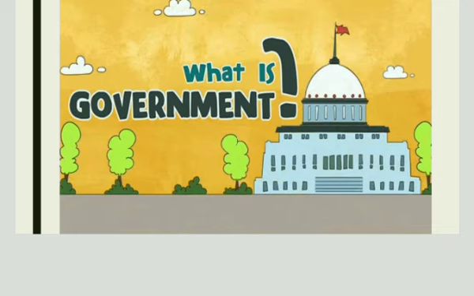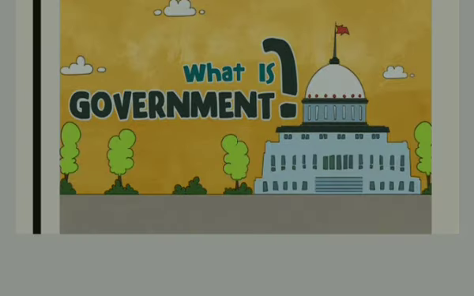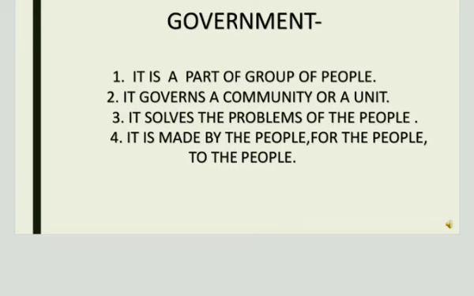The government also started several programs to help the poor and other important things like running postal services, railway services, and the facility of different amenities. So government affects our daily life in many ways. As you all know, government is a part or a group of people. In a government, many people become most important because they have different portfolios.